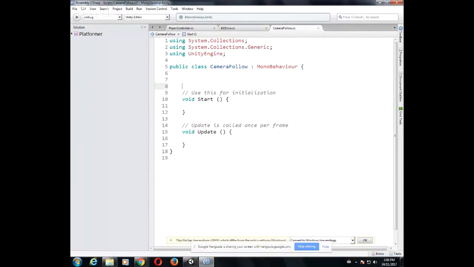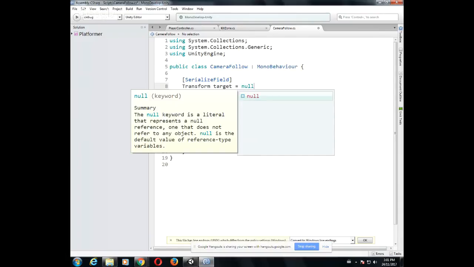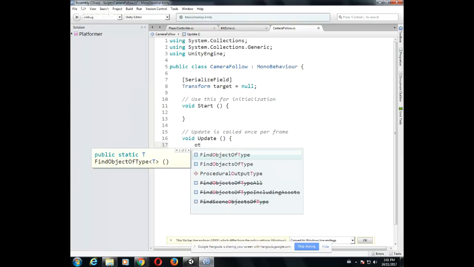Right, we have a target. And in update, what we'll do